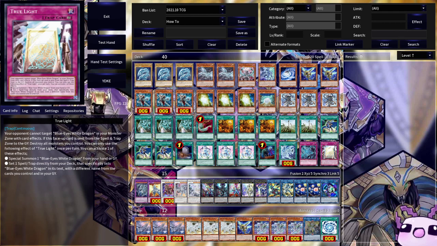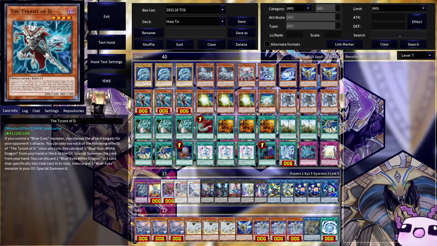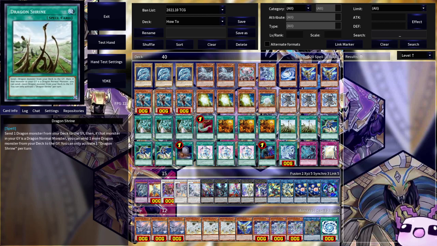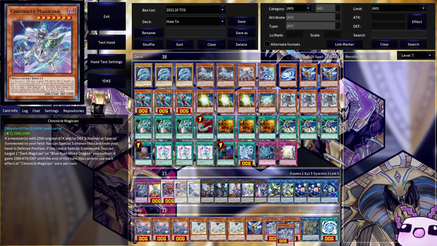So let's see what we can do. We can definitely run other things, but I feel like we can get away with a couple of these ratios being different. I feel like Nebula Dragon is correct, Tyrant of D is correct, and a lot of these are correct. But the ones that I am a little worried about are things like the Dragon Shrines, because we really don't need them anymore since we have Tyrant of D. So I think I'm going to cut those and add one of the